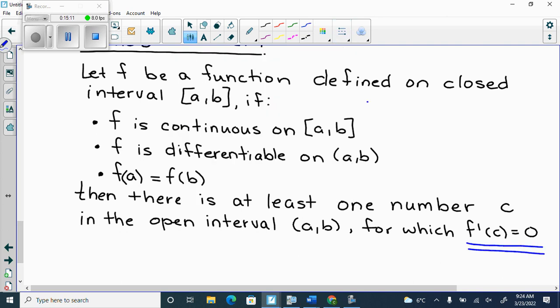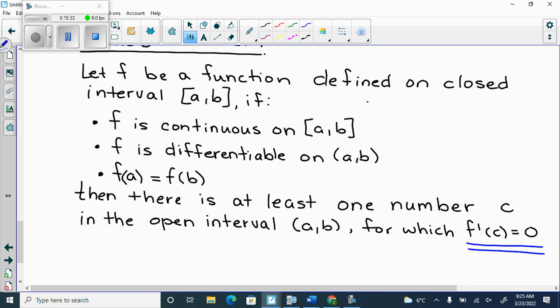First derivative is equal to 0. A tangent is equal to 0. What does that mean? Whenever there's a tangent equal to 0, there's a horizontal tangent which exists. What exists on the original graph at a horizontal tangent? Max, min, sometimes a point of inflection. Correct? So basically they're saying if there is a closed interval from A to B, and if it's continuous and